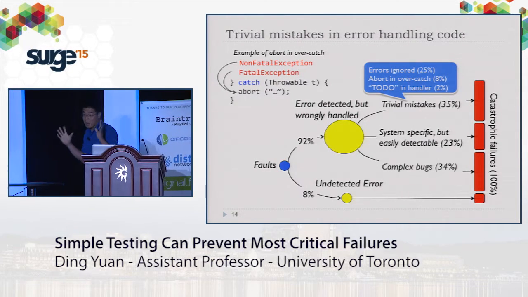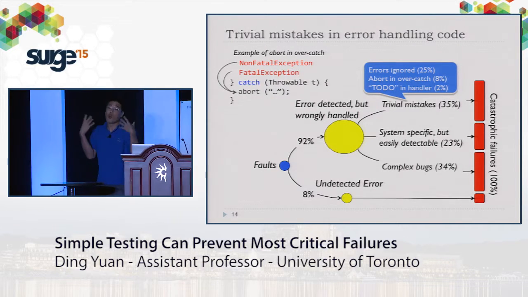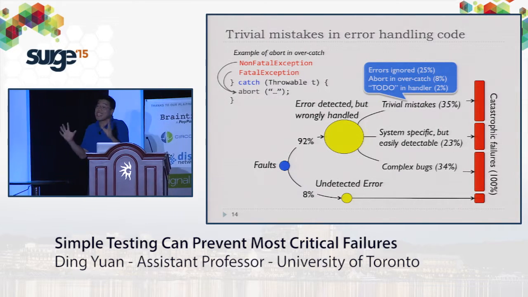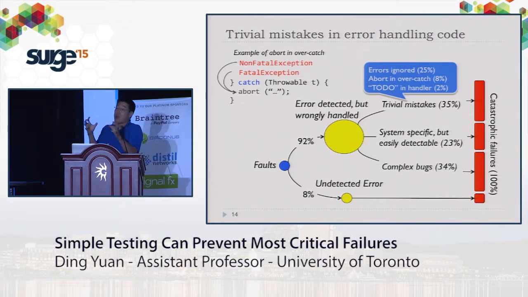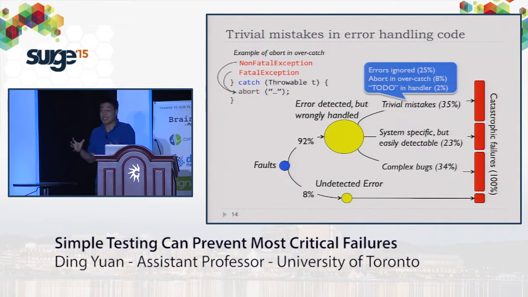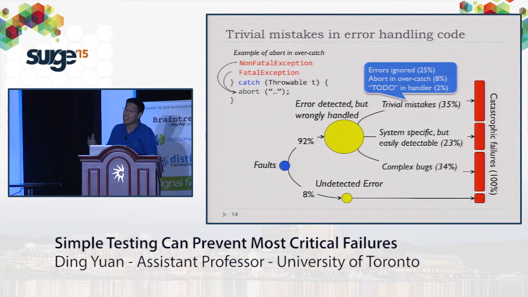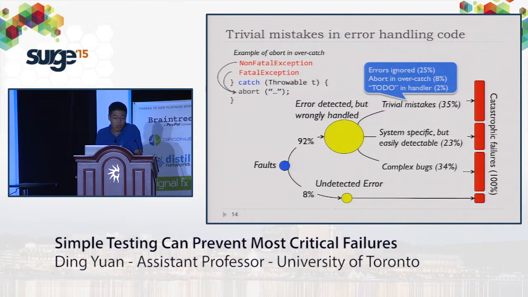Right? Note that I'm not saying that defensively aborting your system when you don't know how to handle the error is a bad practice. I'm just saying that when you are going to abort your system, make sure your catch block or error handling block is precise. Don't catch an overly general exception and then abort your system, because very likely it's going to be an overcatch, and some unexpected exception will take down your system.